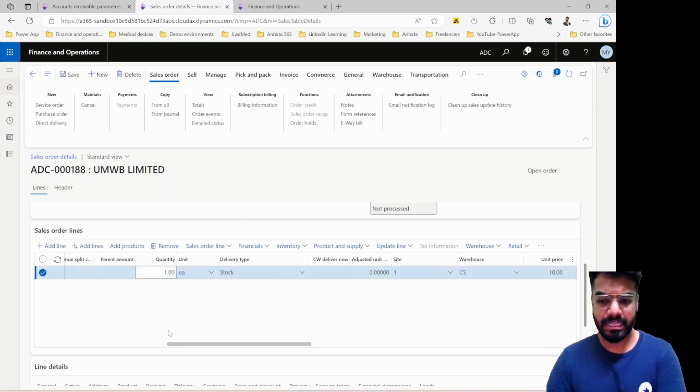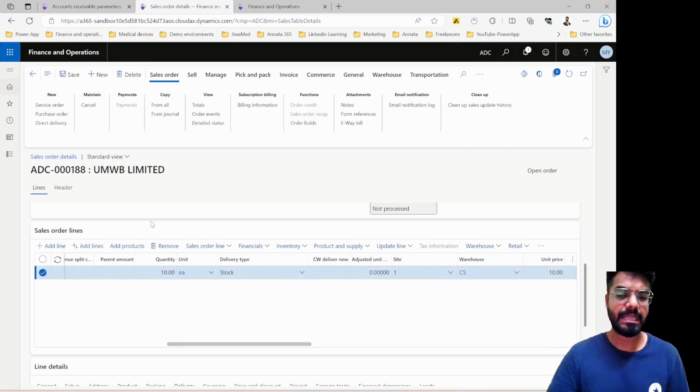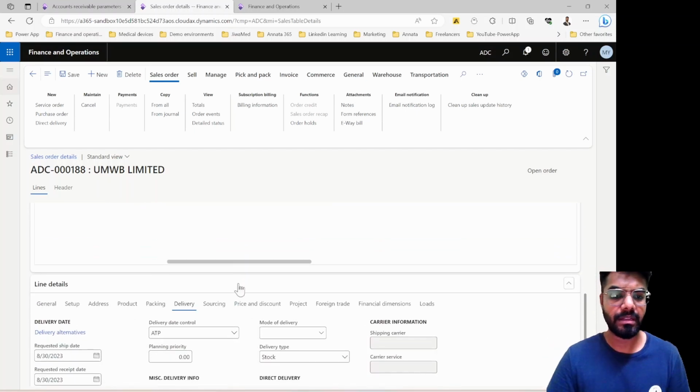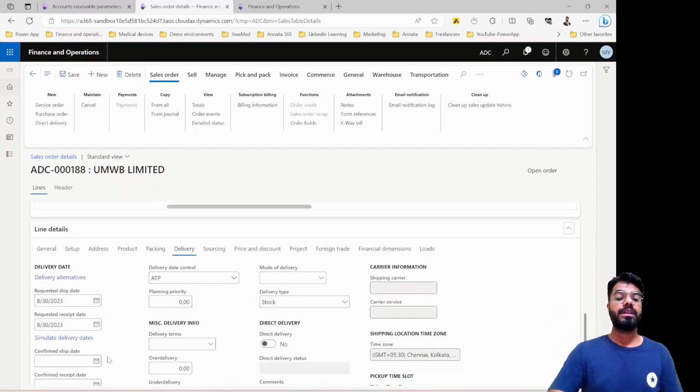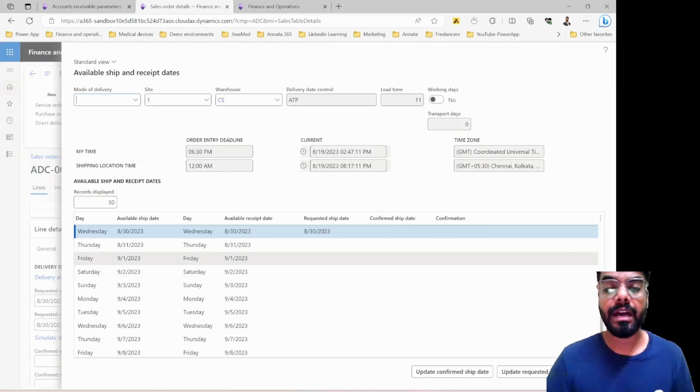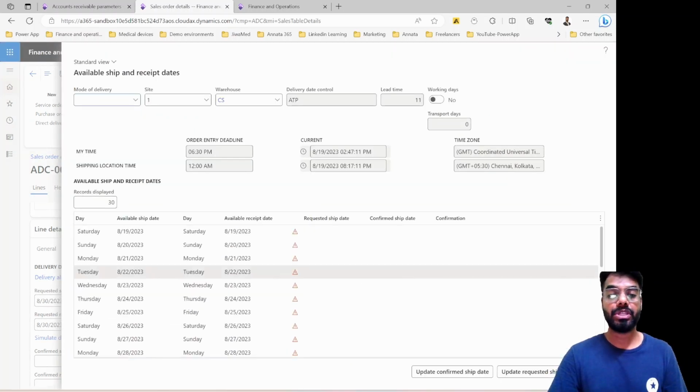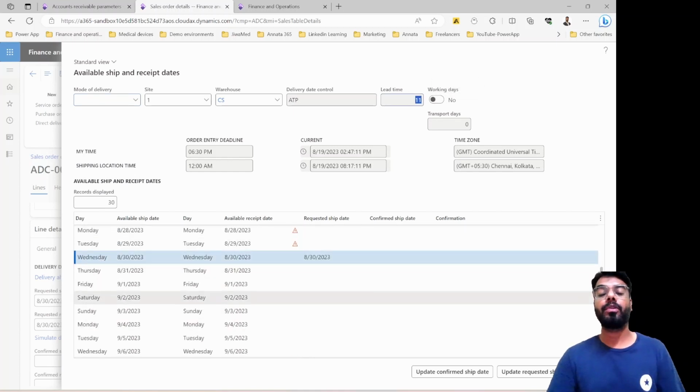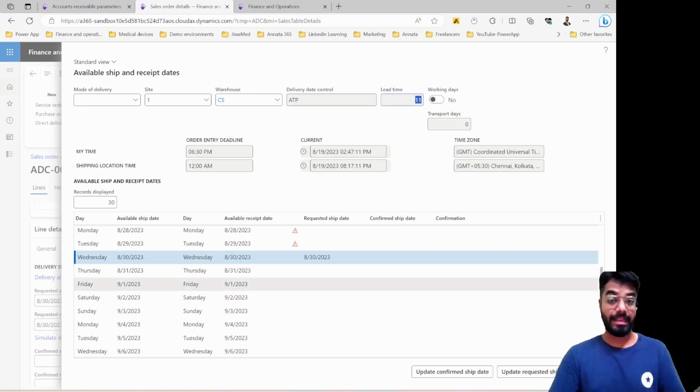Let's put the quantity as 10 and save it, and now you will see that it's no longer available today. It's now taking our original time fence, which is 11 days here, and it says that it is available only on the 30th, which is right, because